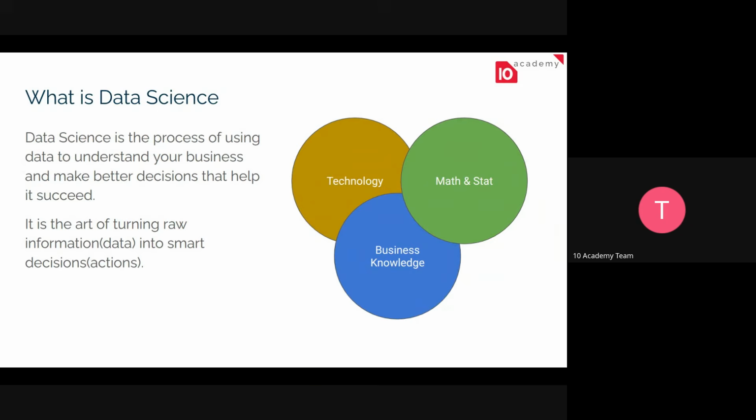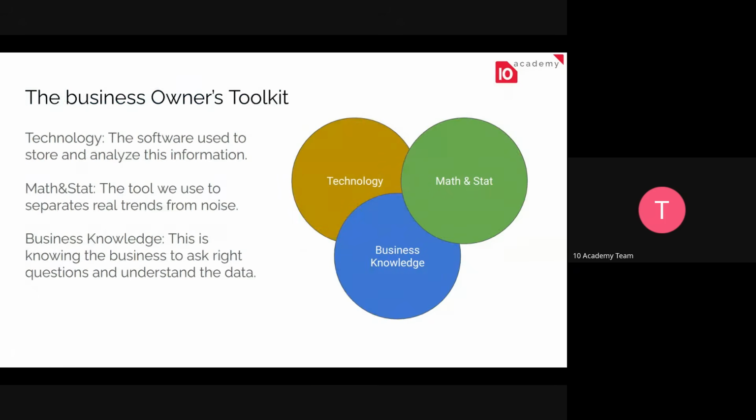Data science has three core parts: technology, maths and stats, and business knowledge. It uses these three core tools. So what is technology? Technology